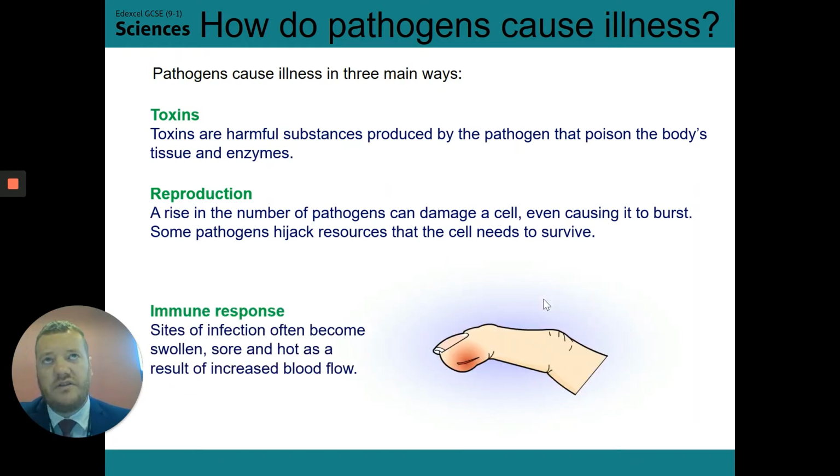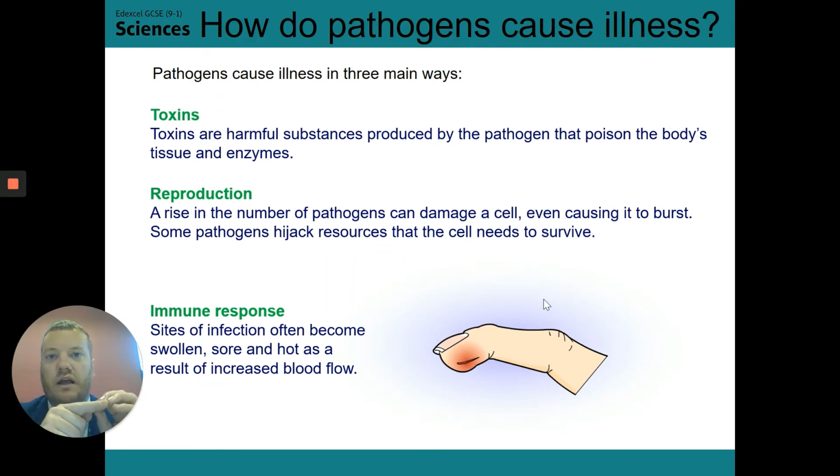And then the other thing, which you wouldn't necessarily always associate with disease, but it can certainly be sore and make you feel unwell, is our own body's immune response. So when we're trying to fight an infection, a localized infection, so let's say it's, as the drawing here, just on the end of your finger, localized means it hasn't spread throughout the body. A systemic infection is one that's spread throughout the body.